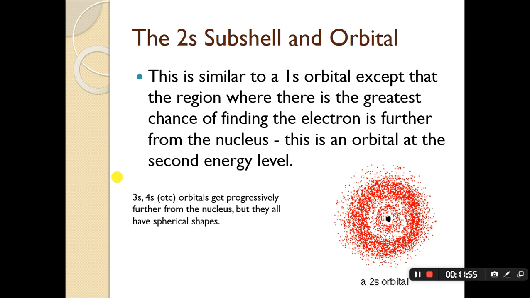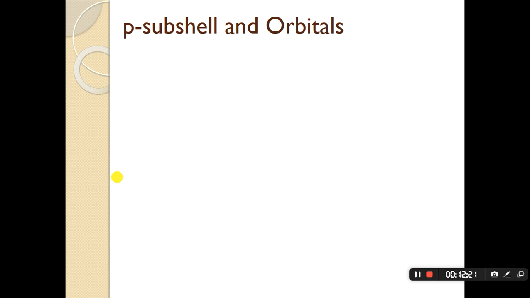Similarly, 3s and 4s. Each quantum shell has one type of subshell, S, which is a mandatory type, and that is always spherical, and it only contains one orbital. The shapes would get just bigger and bigger, so you can diagrammatically just show them as larger circles on paper representing spheres. Then we come to the P subshell. Now we found that this was